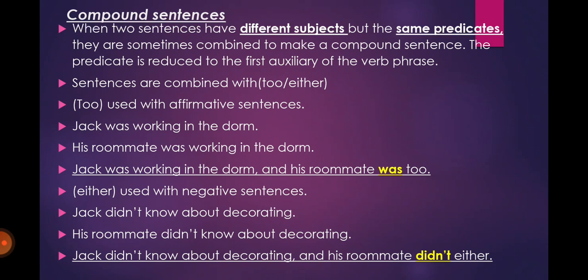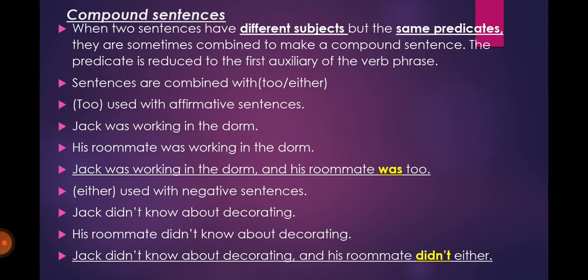So if the two sentences have the same predicates, they are sometimes combined to make a compound sentence. The predicate is reduced to the first auxiliary of the verb phrase. إذن سوف يتم تقليل الجملتان. نستخدم الجملة الأولى كاملة، لكن الجملة الثانية سوف يتم يعني نقدر نقول اختصارها وتقليل كلماتها إلى الأوكسيلري الموجود في العبارة الفعلية. أوكي؟